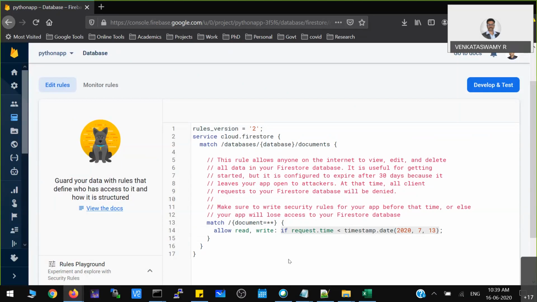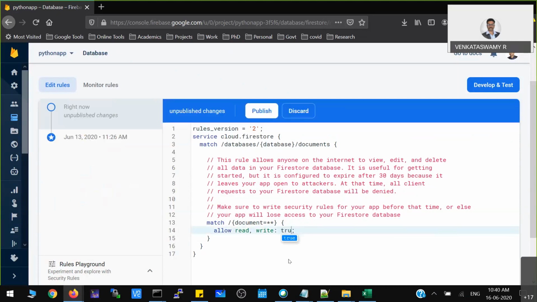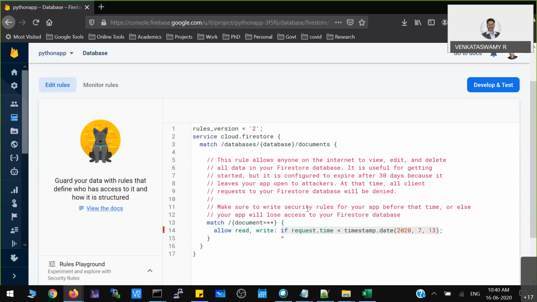You can simply make this true. Then you are giving the read and write access to third parties. So you have to make that modification under the database rules menu. Once you make that, it will be accessible from the third party.